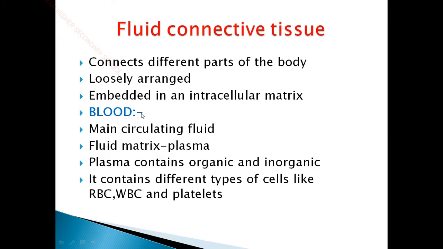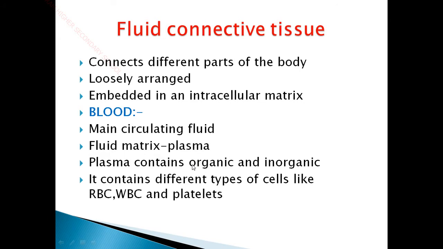You know very well, blood runs all throughout the body, and what is the color of the blood? Obviously it is red in color. So when you have a wound in any part of the body, the first thing to come out, oozes out, is the blood, which will be red in color. So blood is the main circulating fluid, and it contains a fluid matrix consisting of plasma.